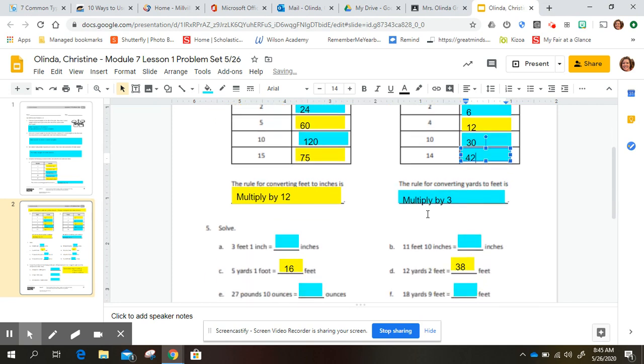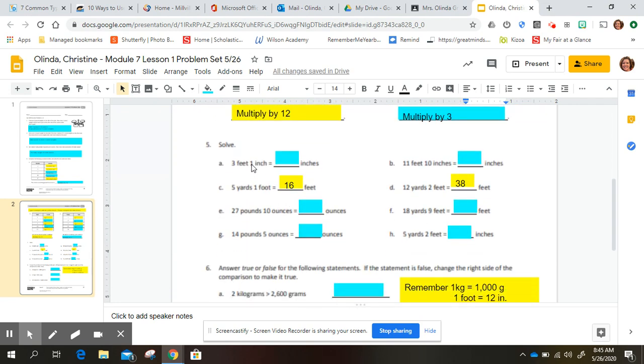All right, solve. 3 feet 1 inch equals how many inches? So most of the time you can do a tape diagram for this. We know that 3 feet, and inside each box would be 12 because there's 12 inches in 1 foot. And then we had 1 little inch left over. So it'd be 12 and another 12 and another 12. So 12 times 3,